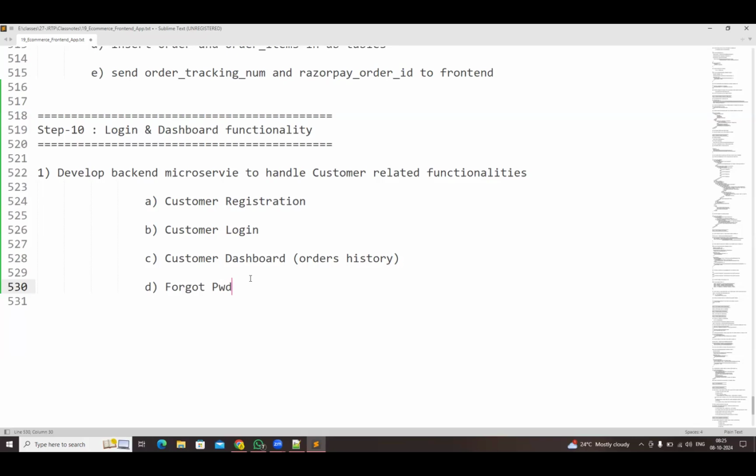That backend microservice will contain customer registration functionality. The customer can register with customer name, email ID, phone number, and gender. He can create the account in the application, and the customer can log in by using email ID and password. When the login is successful, the customer should be redirected to the dashboard. In the dashboard, whatever orders the customer has placed, we need to display that orders history in table